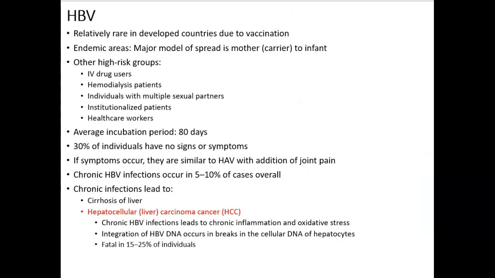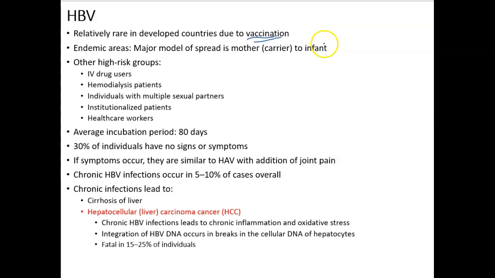Hepatitis B. This, thankfully, due to a vaccination campaign, is relatively rare here. The Hep B vaccine is the very first vaccine that babies get, and that has really dramatically reduced the incidence of hepatitis B in children, and has been a really big help in preventing chronic infection and liver cancer and death in small children. So hepatitis B is still, though, endemic in a large portion of the world, where children can get this virus